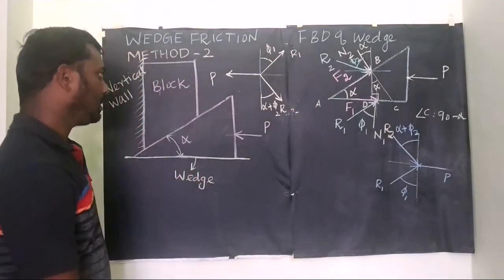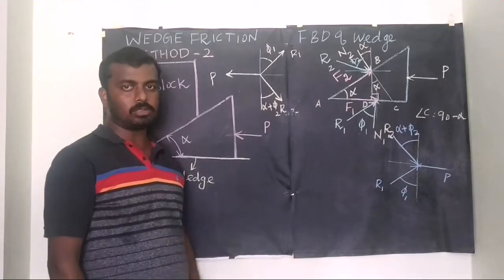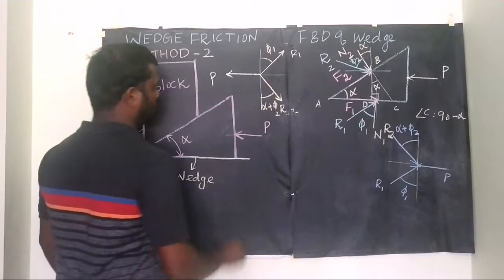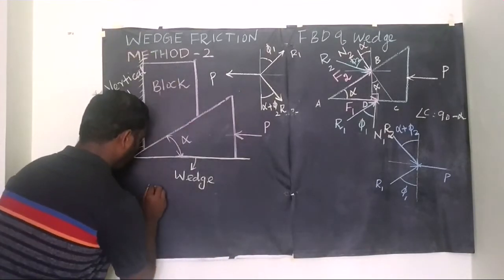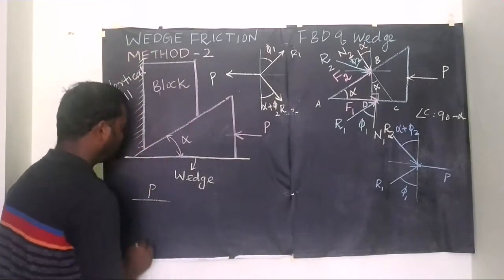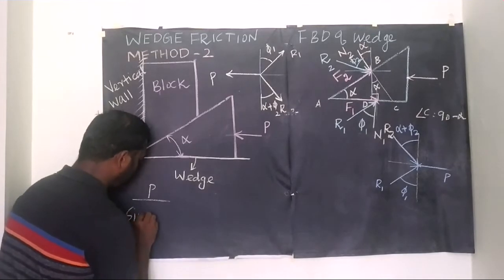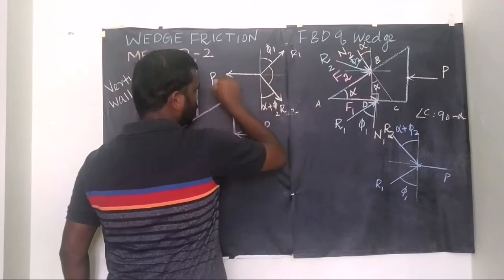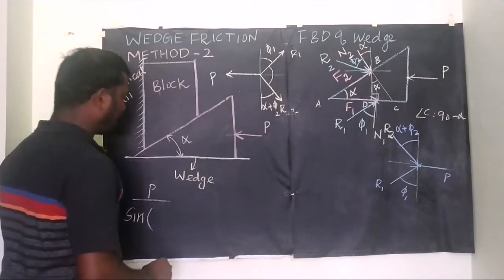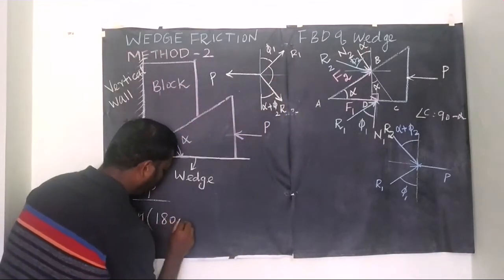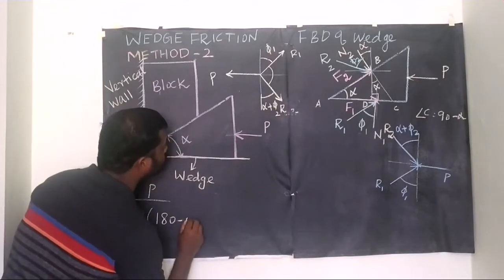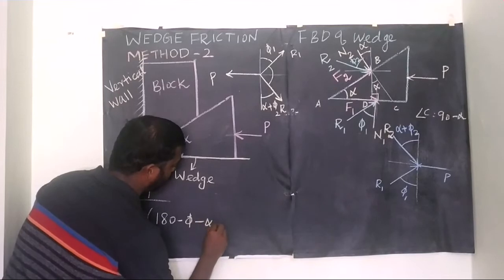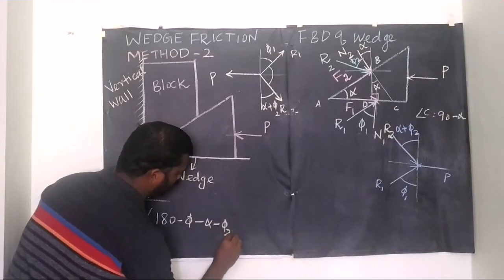Now we can apply Lami's theorem. We have three forces in a concurrent manner. First force P, P by sine of its opposite angle. Here this angle is opposite to this P, that is 180 minus pi 1 minus alpha minus pi 2,